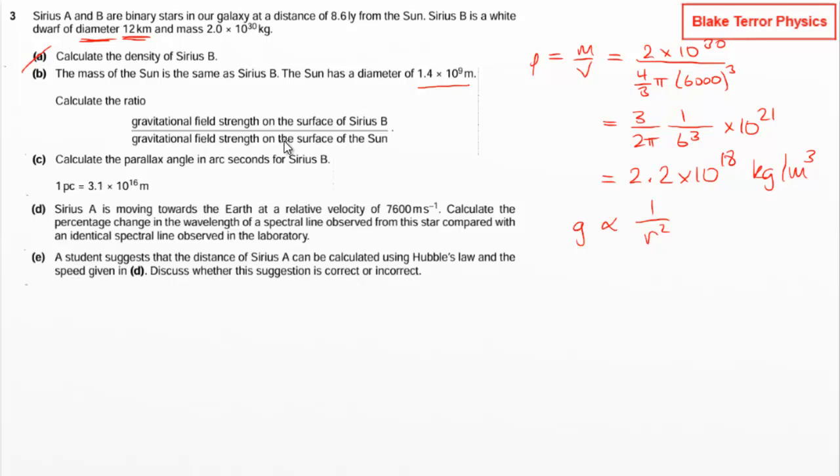So in this case, the radius of the sun squared will go on the top of the fraction, and the radius of Sirius B will go on the bottom because they're both inverses. So this is going to be 0.7 times 10 to the 9 all squared divided by 6,000 squared, which comes out as